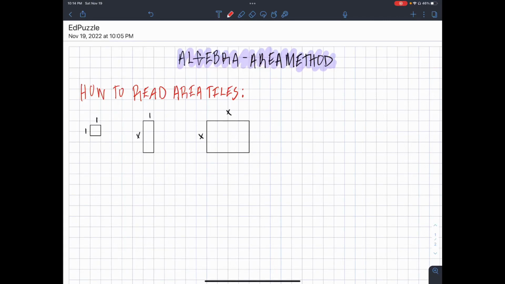So in this part, you're going to learn how to read area tiles. We have 3 examples here. This is called the area method. And we have 3 examples here. We have this one,